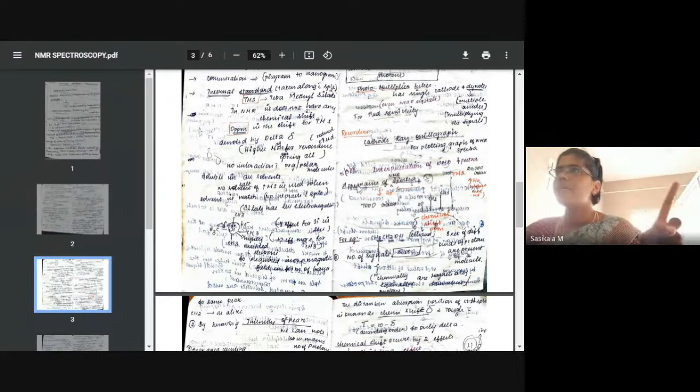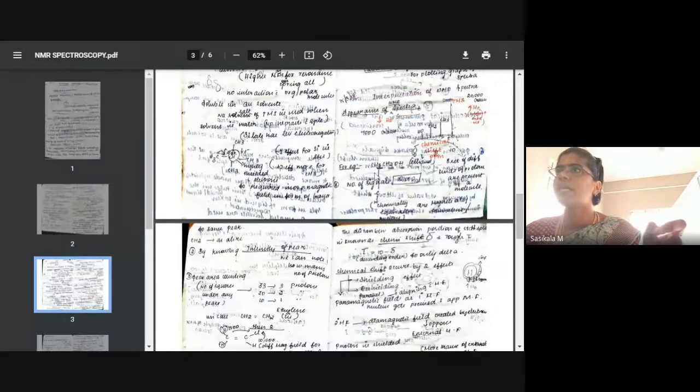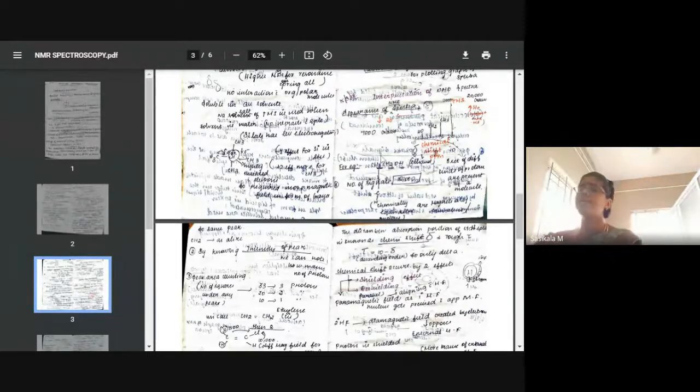So the first parameter to see after getting the spectrum is the number of signals. How many signals for ethanol? We'll take the simple example of an organic molecule. It has carbon and hydrogen. We are focusing on hydrogen, that is proton. The proton with mass number 1 is chosen for H1 NMR. H1 represents proton. Since it has an odd mass number, the spin quantum number will be half. It is the first element in the periodic table, so it has mass number 1.